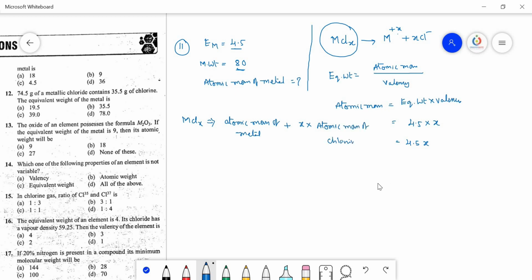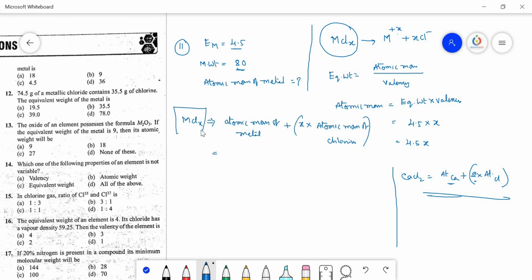For this I will explain some example also. See, there is CaCl2. How can you calculate the molecular mass of CaCl2? Atomic mass of calcium plus 2 chlorines are there, so that 2 into atomic mass of each chlorine. Similarly here, atomic mass of the metal I have taken. Here x means this value is, I don't know, 2 here. Simply x chlorines are there. That's why x into atomic mass of each chlorine.